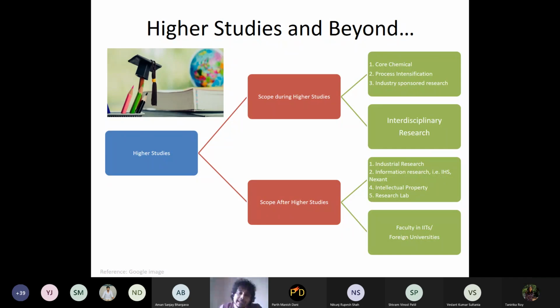Then comes the intellectual property. So patenting. If you have an idea, you can patent it. And this patenting requires lots of understanding of chemical engineering. There are IP councils. If we file an idea, they have to take information from us, fight there with their own understanding and win a case.